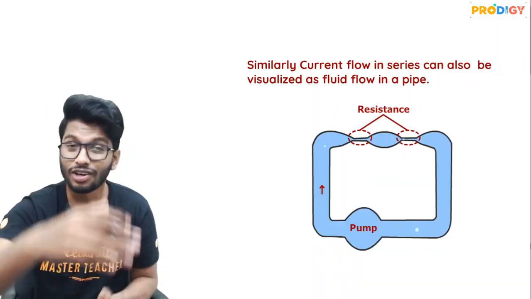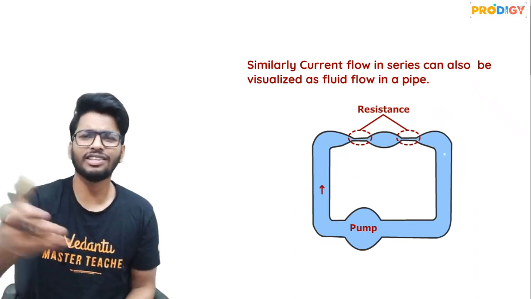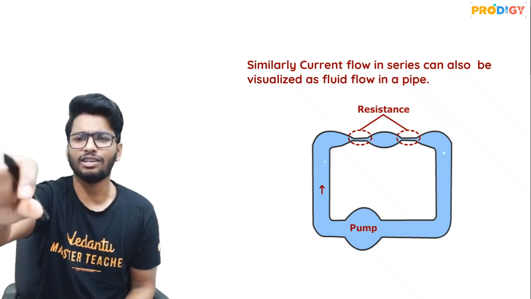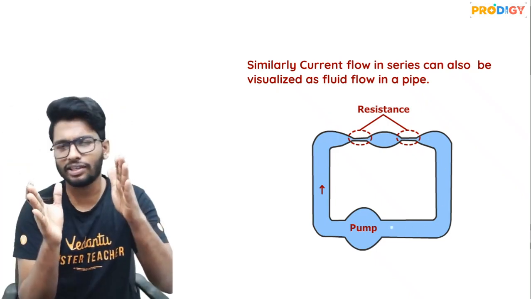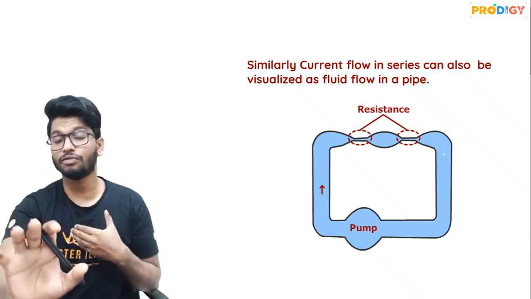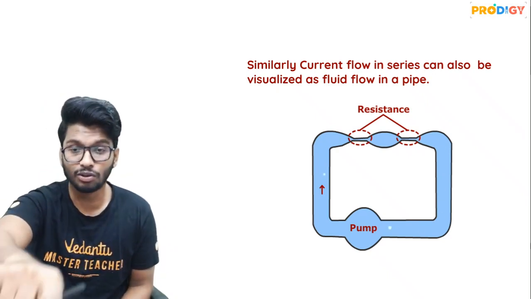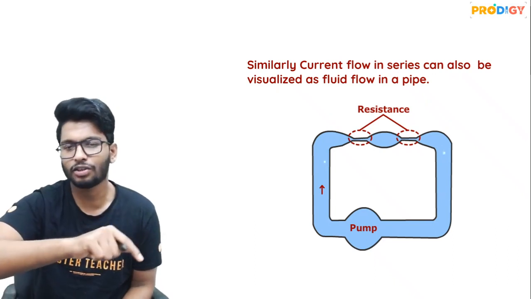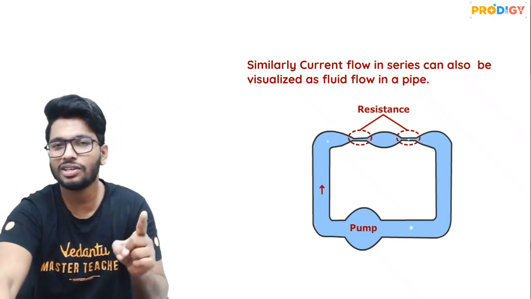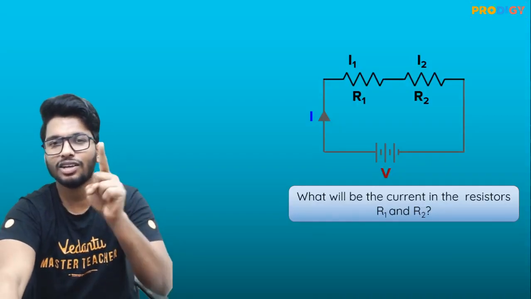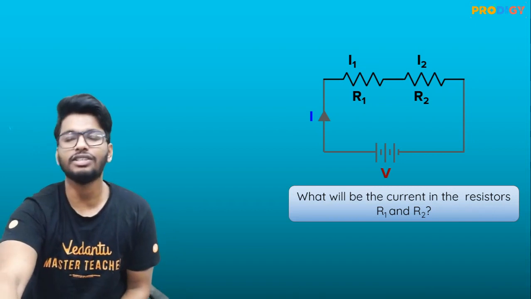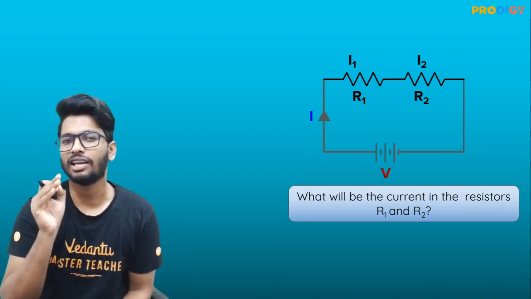Absolutely. So if you look at another example for the same, look at this. There's a pump connected. The pump here is nothing but the battery, and those two pipes where they have narrowed it, that is my resistance. Again, they are restricting the water flow. If you look at the bubbles going through the pipe, you see that the same bubble is passing through the first one as well as the second one. So in other words, guys, the current flowing through this in a series connection is going to remain the same.